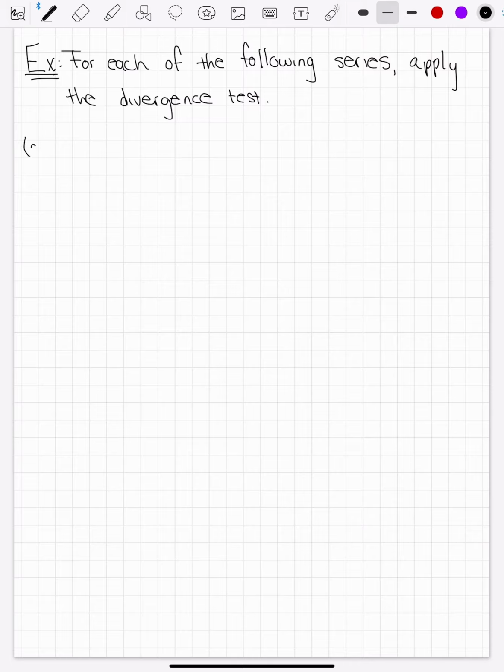We're going to do A, B, and C. So for A, we have the series from 1 to infinity of n over 3n minus 1. Remember, our an is the formula inside the series. So in this case, our an is equal to n over 3n minus 1. And then we take the limit of that,